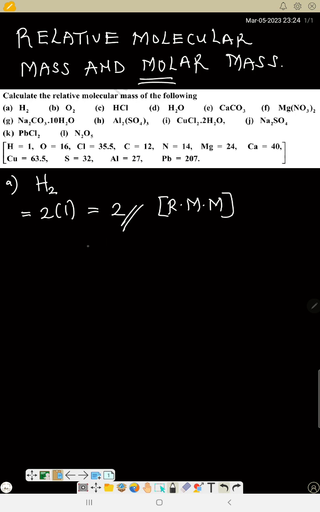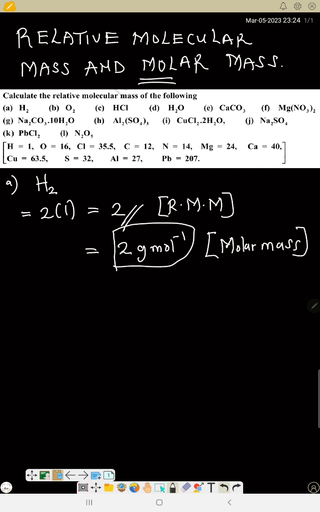Now, if I say this same relative molecular mass is 2 gram per mole, if I put units there, then it is now molar mass. So molar mass is the relative molecular mass expressed in gram per mole. Anytime you express relative molecular mass in gram per mole, it becomes molar mass. So now B,